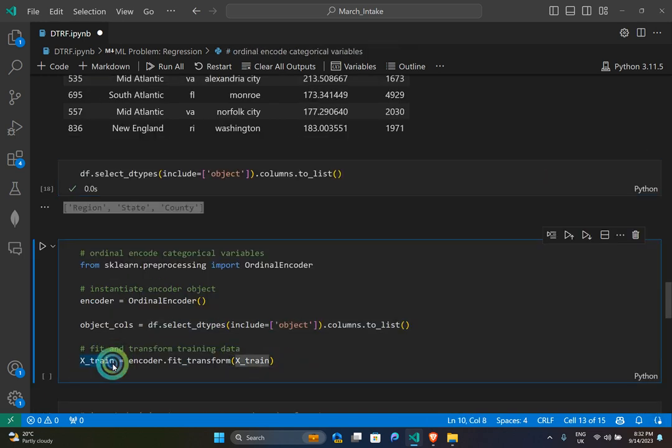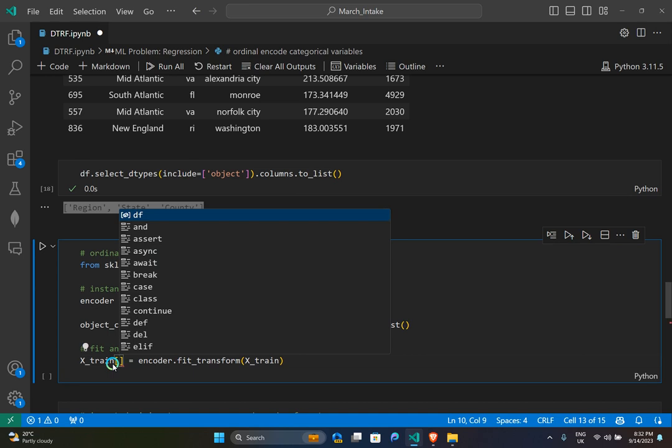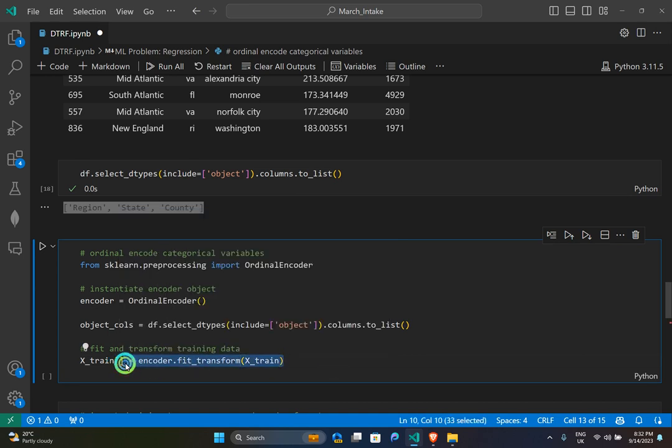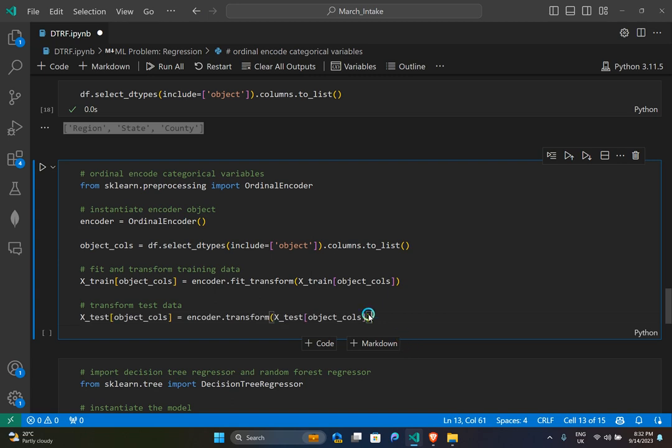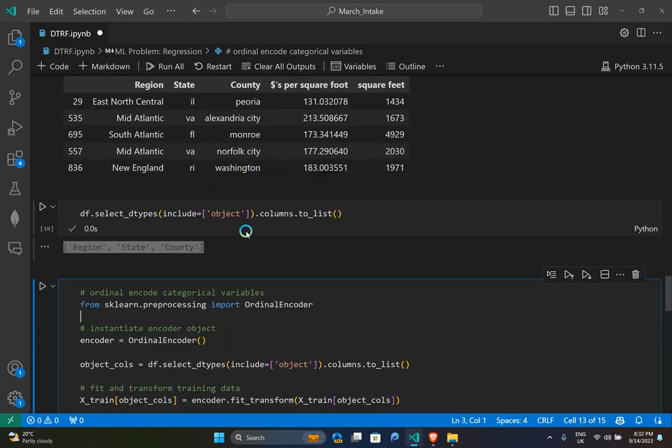Then here, when it comes to the encoding part, what I'll do is I'll take my xtrain, then I'll index the object columns, then I'll run the encoder.fit_transform, then I'll run it on the object columns alone. Then I'll transform the test dataset also, and then we will have our data which is